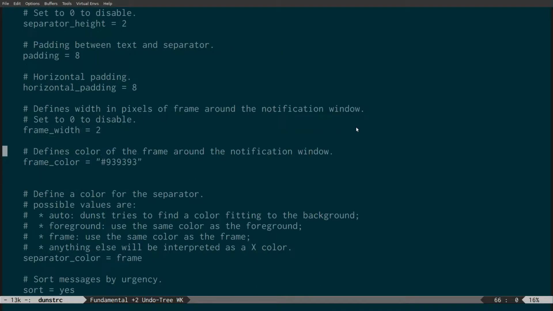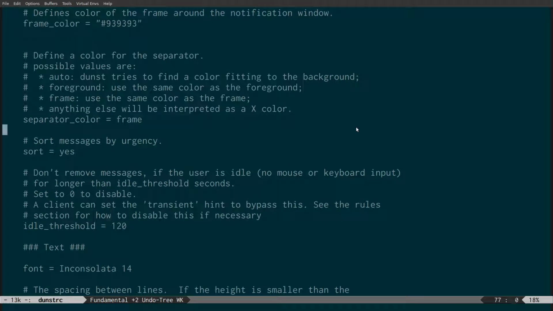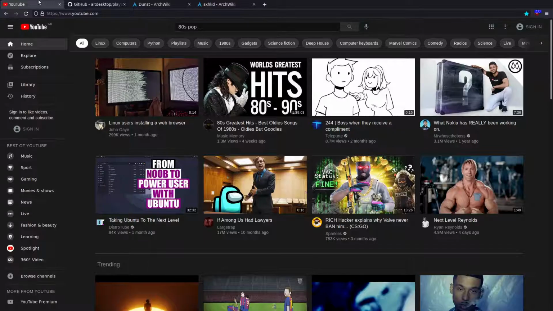So what I've done here is change the frame width. The frame width is basically the border around the notification. So I've set that to 2. I think by default it's 3. And then what I've done here is set the frame color to 939393, which is sort of like an off grey. And then we've got the separator color. So let me just come across and